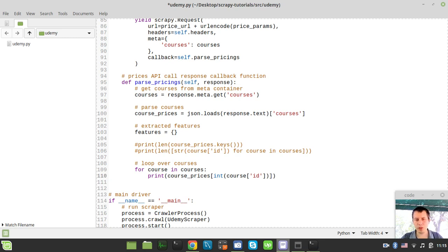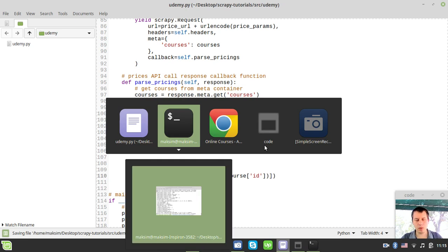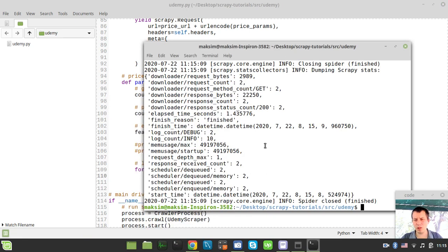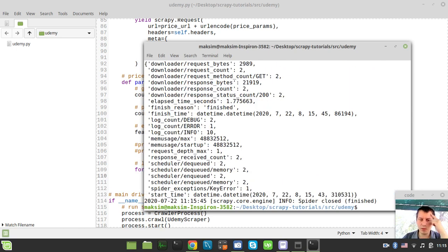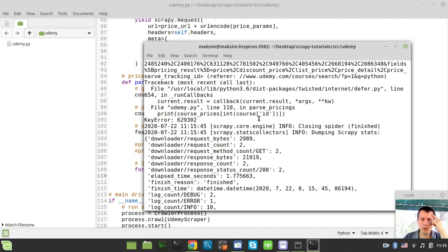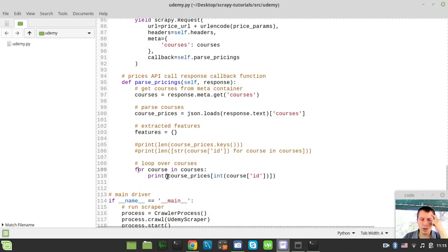This is a little bit weird, but okay. Can we use the integers as the key names in Python? This is a good question. I've never thought about this. Okay. Key error. So it says there is no such key. Okay. So